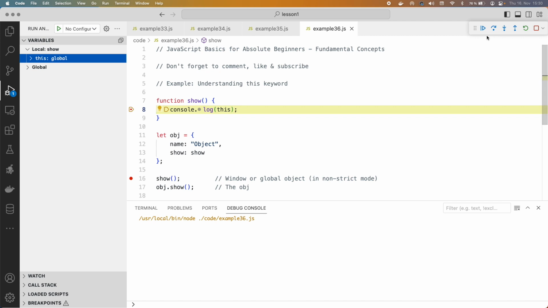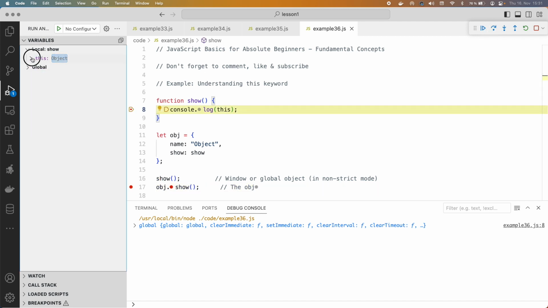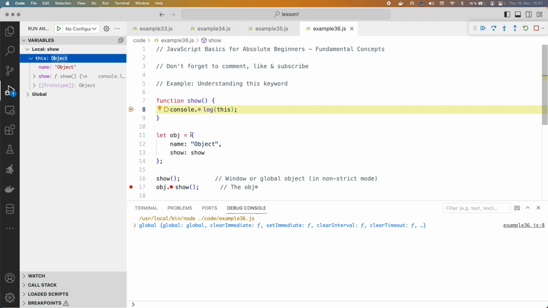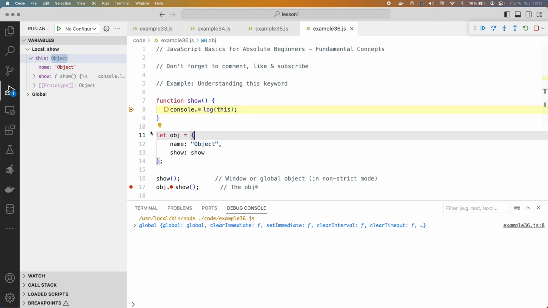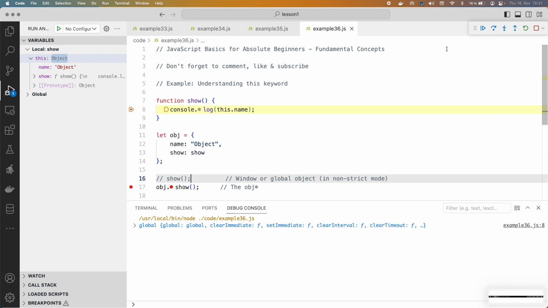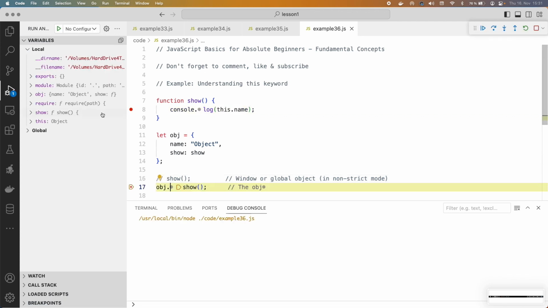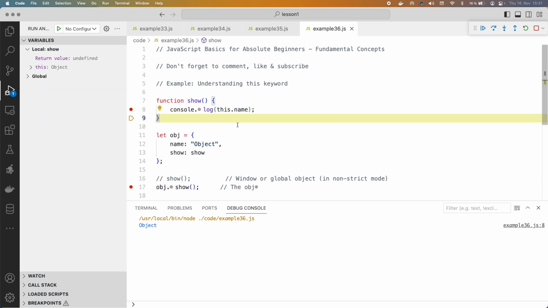This is the global this, and if we run it one more time, and now come in here, you can see now this is an object, all right, and it's this object, the name object here, and so we can now access the different items in it. So if we take away this one here, and let's just run it again, you can see now that we can move forward, just jump forward, and we can now